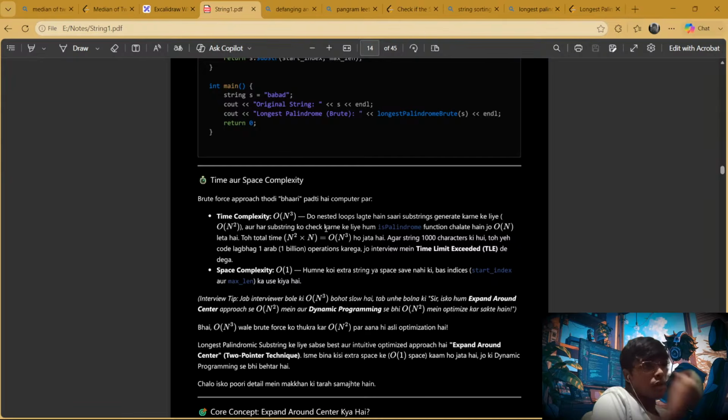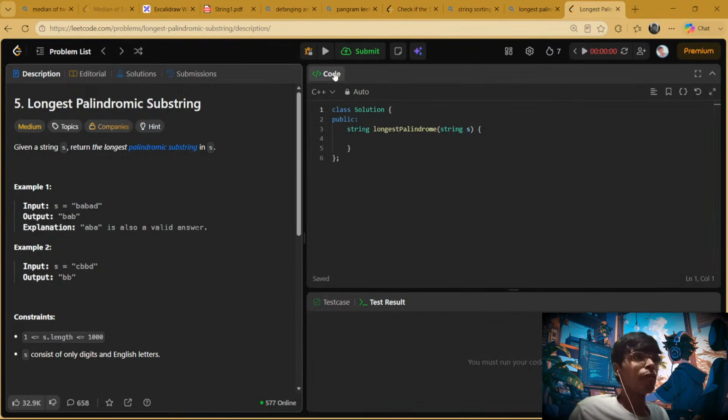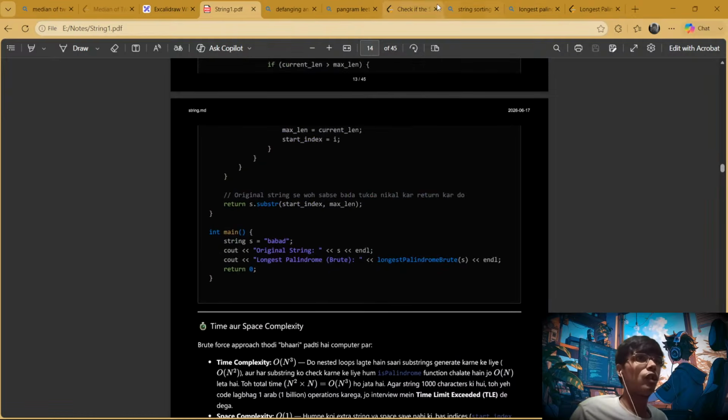अब जब इंटरव्यू में बोले कि O(n³) बहुत स्लो है, तो उन्हें बोलना है कि सर इसको हम एक्सपेंड अराउंड सेंटर अप्रोच से O(n²) में, डायनेमिक प्रोग्रामिंग से भी O(n²) में ऑप्टिमाइज कर सकते हैं। डायनेमिक प्रोग्रामिंग कहाँ से आई? लॉन्गेस्ट पैलिंड्रोमिक सब स्ट्रिंग के लिए सबसे बेस्ट और इंट्यूटिव ऑप्टिमाइज अप्रोच है एक्सपेंड अराउंड सेंटर। सो स्लाइडिंग विंडो नहीं लगाएंगे, यहाँ पे उल्टा काम करेंगे,